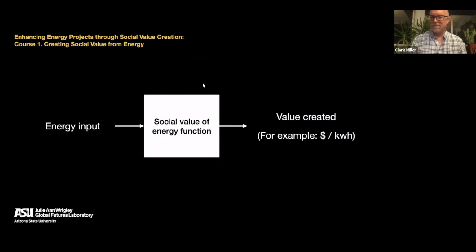So you can think about this as a function that sits between, on the one hand, the energy system, which is delivering energy. It's providing energy as an input. And then out from this function comes value, right? Things that are important to people, whether that's economic activity, economic products that can be sold for an income, whether that's the ability to construct something, the ability to harvest and process food more effectively, right? Whatever it is that has value coming out that other end, right? This is what the social value function, if you will, does for you.